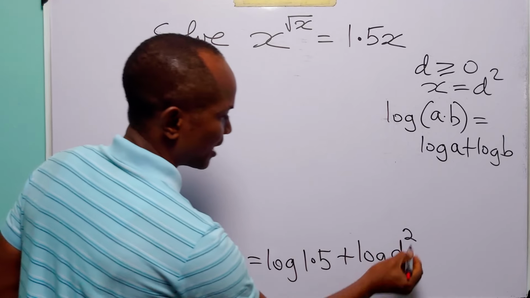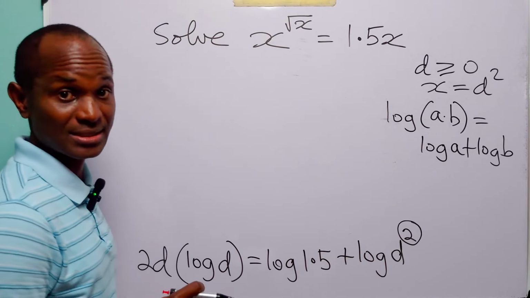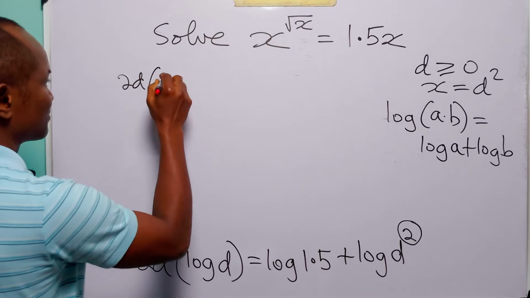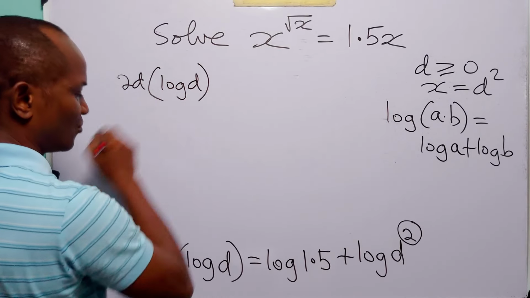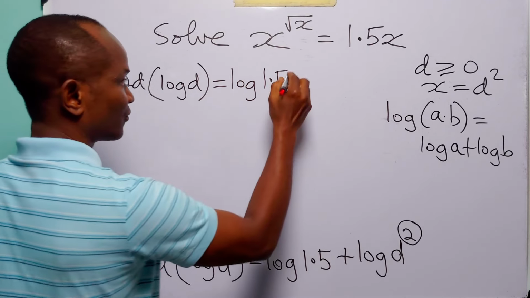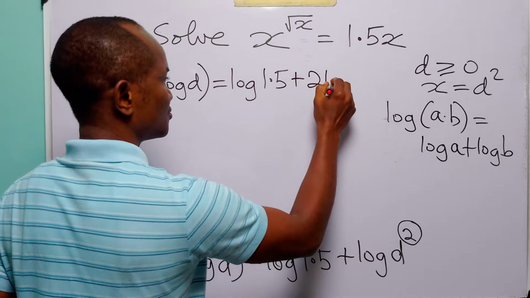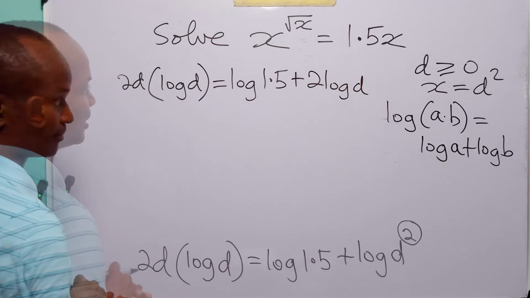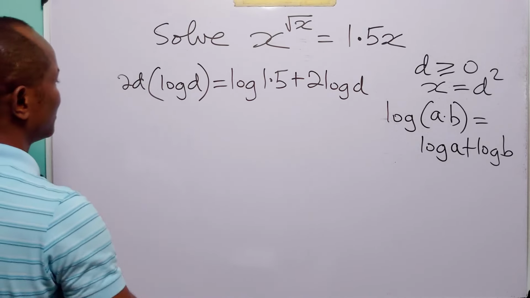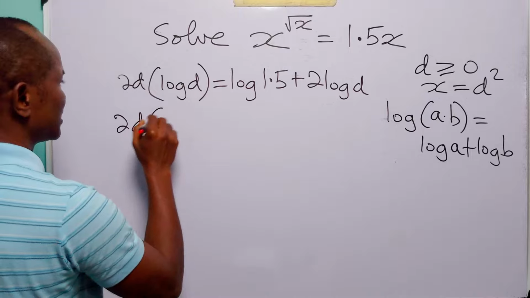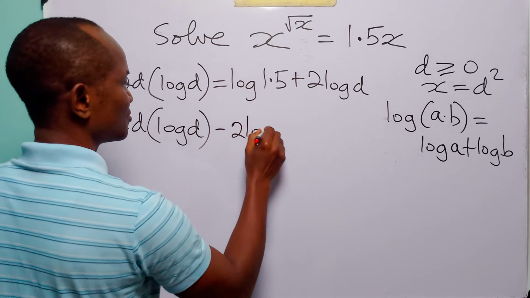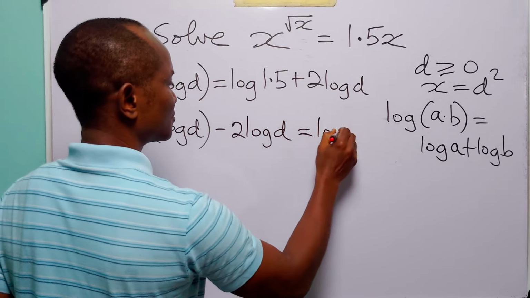When we do that, here we now have 2 times log d, and this equation becomes 2d multiplied by log d is equal to log 1.5 plus 2 times log d. And of course, to collect like terms, let us move this term over to the left-hand side. When we do that, we have 2d times log d minus 2 log d is equal to log